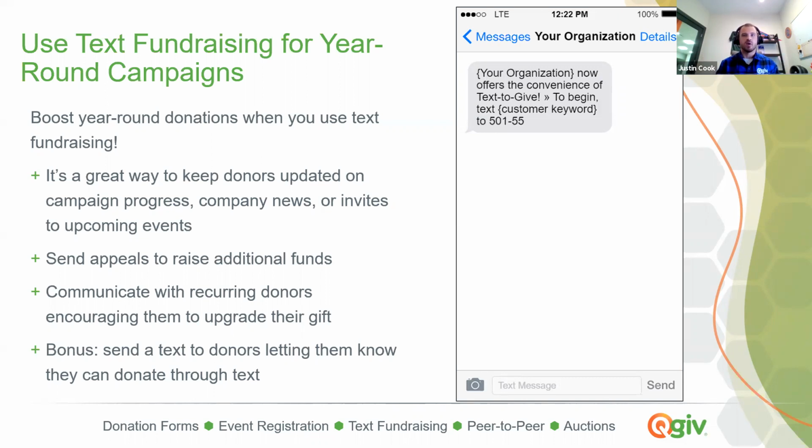You can ask them if they want company updates, if they want to have fundraising appeals sent to them, if they want more information on different events and programs that you're running, if there are any volunteer opportunities. There's a lot that you can do, and the list subscriptions are very key in communicating with your donors and making sure that you're sending the right communications. I don't know about you, but personally, I do not like receiving communications that are not for me, and I will most likely just delete them. So make sure that your donors are also getting that same type of customization so that they can truly understand